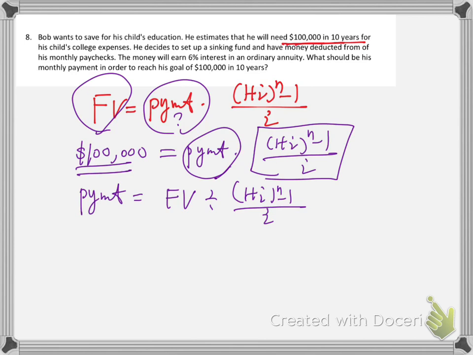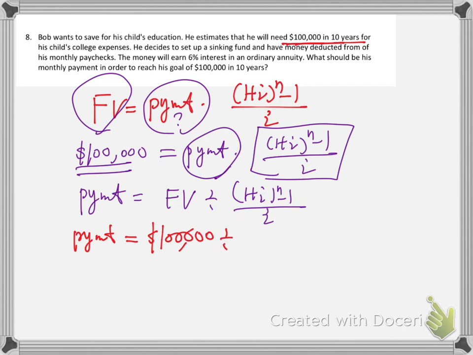So it's the same formula. Number 7, we know the monthly payment, we want to get the future value. Number 8, we know the future value, we want to get the monthly payment. The calculation is very similar. Just one is multiplication, the other one is division. So now the monthly payment is